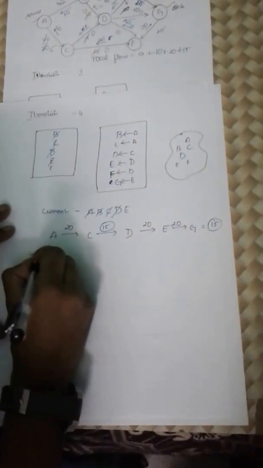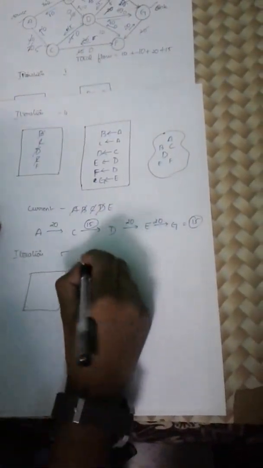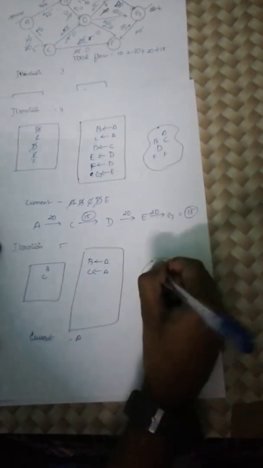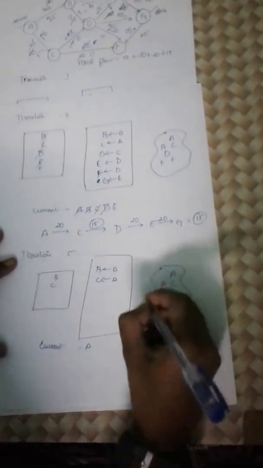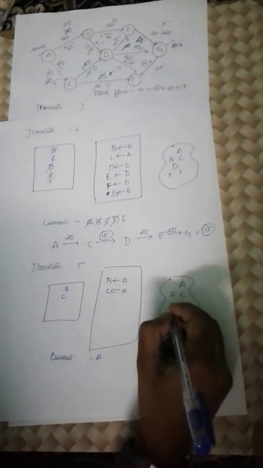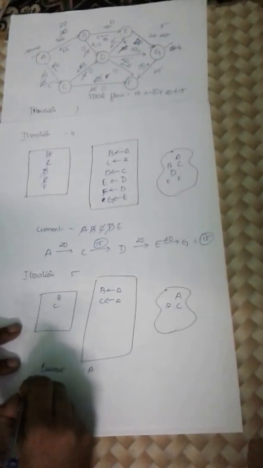Now we are going to iteration 5. Q, parent, and the last one is visited node. So the current will be A, it goes to B and C. B is from A and C is also from A, and the visited nodes will be A, B and C. Now from B we can't go anywhere, and from C we can't go to E or F because everything turns to be 0. So now I can't go anywhere, so I'm going to stop this process.